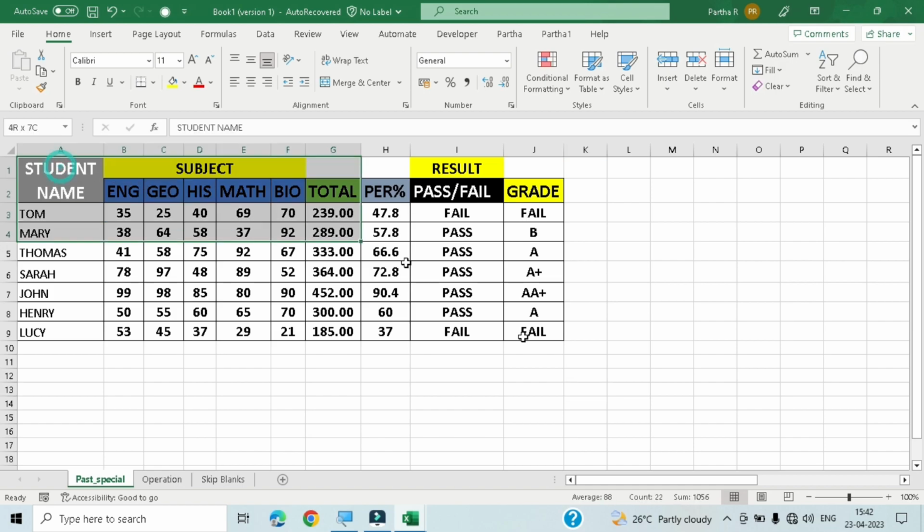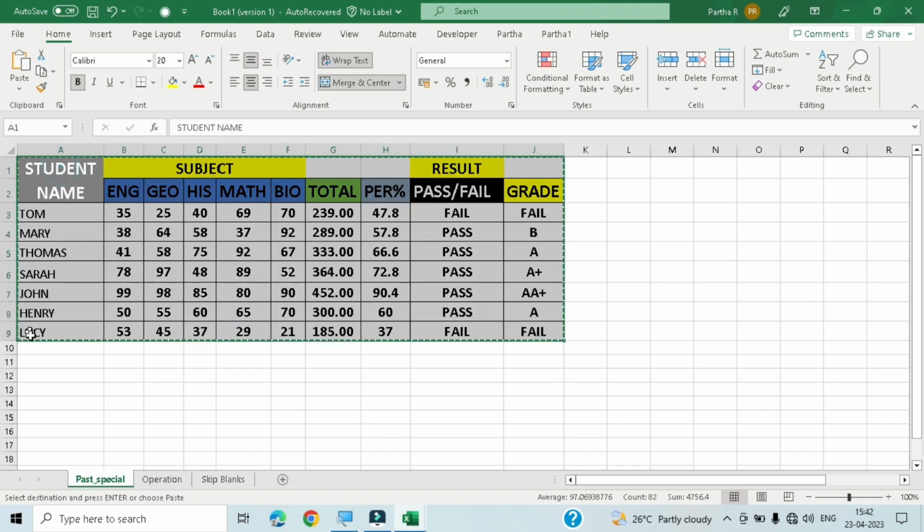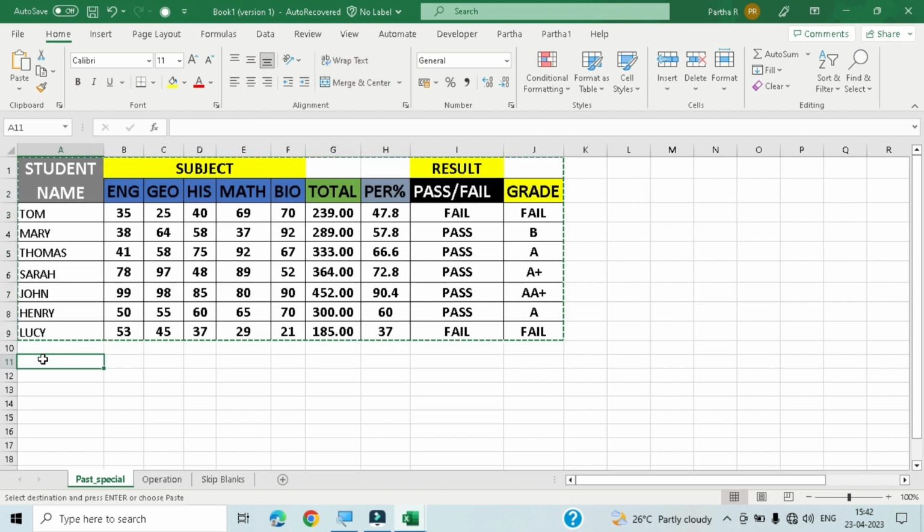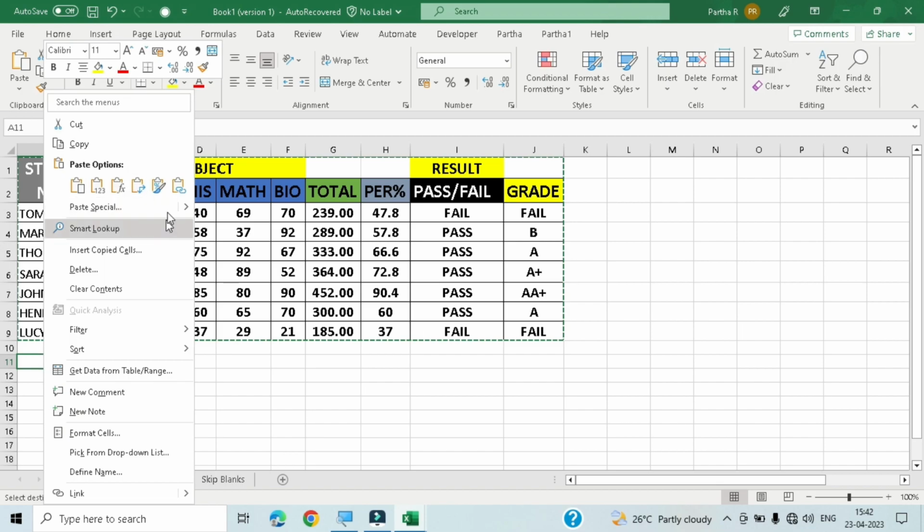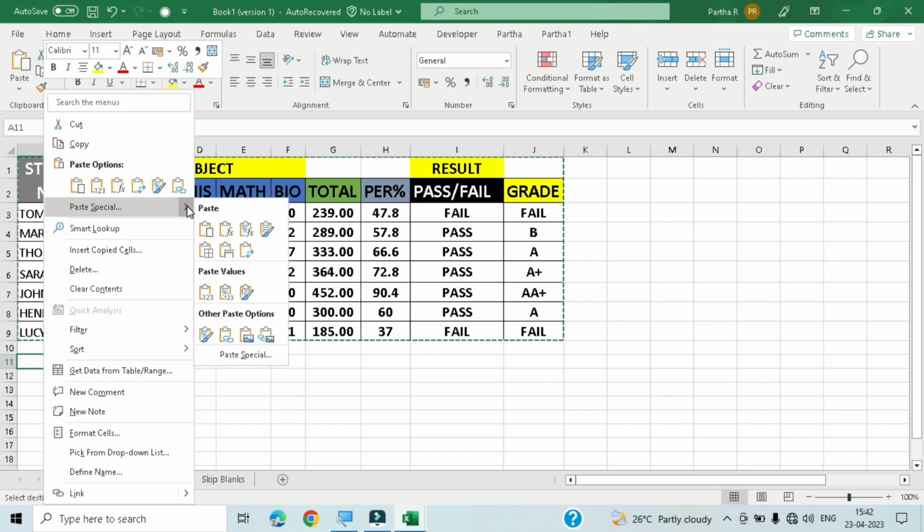Okay, before moving to the next option, we have to select this cell and we have to copy first. Now where we want to paste, this cell, we want to paste the data here. We'll click here, right click and go to the paste special options. Click here, you can see a dialog box over there. Now the next option is values and source formatting, right? If you click here,